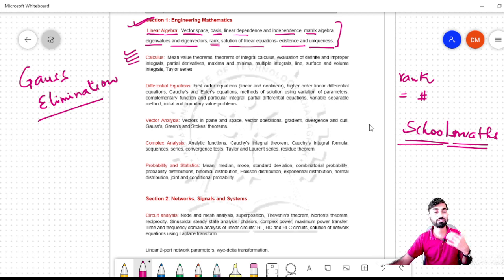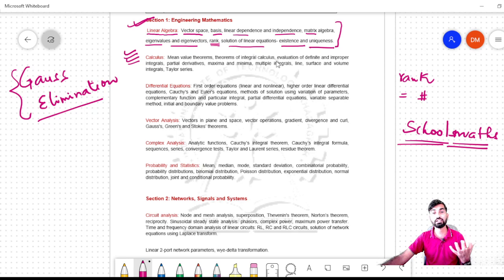So for school math you can go back and check. In fact, I'm going to create school math sessions also. I'm going to conduct a session on one of my YouTube channels, called Learn STEM YouTube channel, where we have got thousands of family members, so you can refer to that channel as well, right? Then the theorems of integral calculus, we will talk about various kinds of theorems, right?